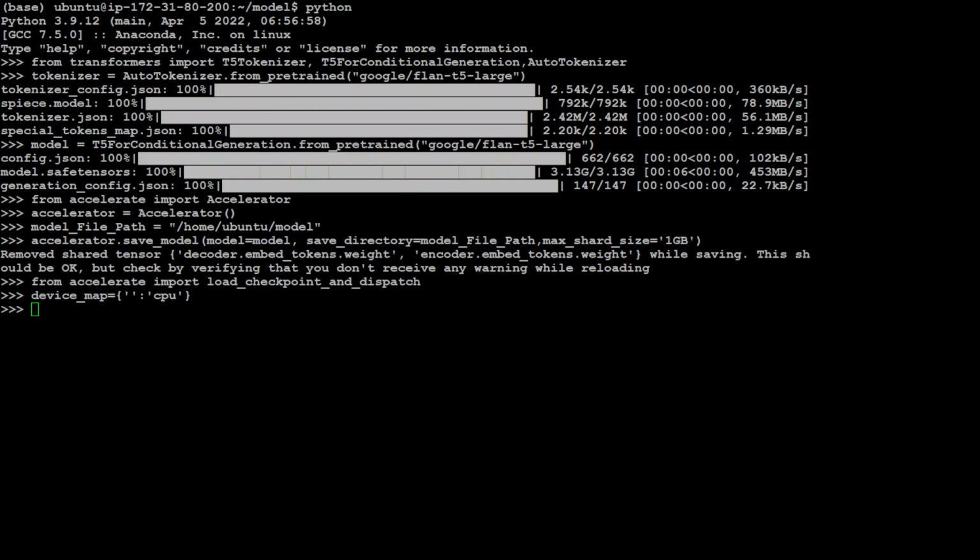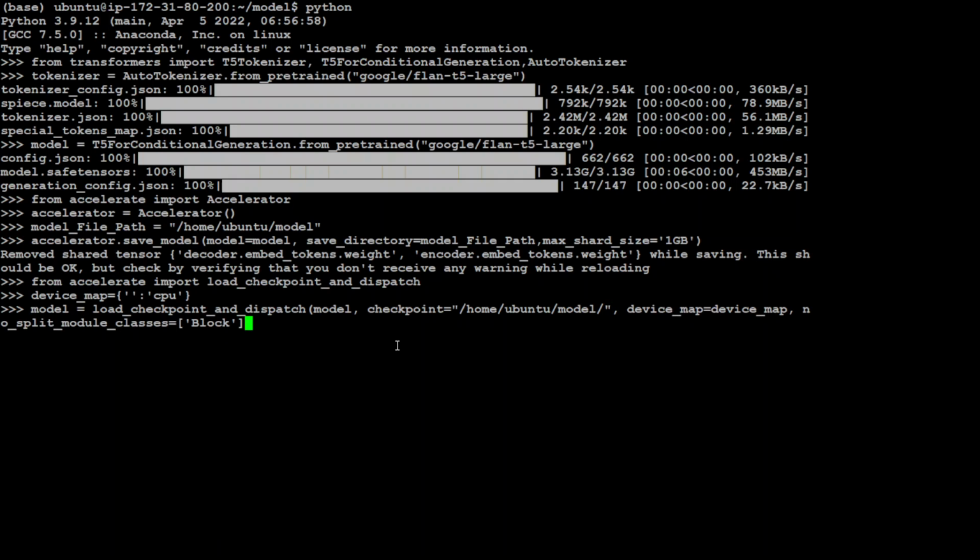Let me paste the full command instead of typing, and let me say checkpoint is equal to the path where I want to save my model, and then the device map which we have just specified. That's also done,